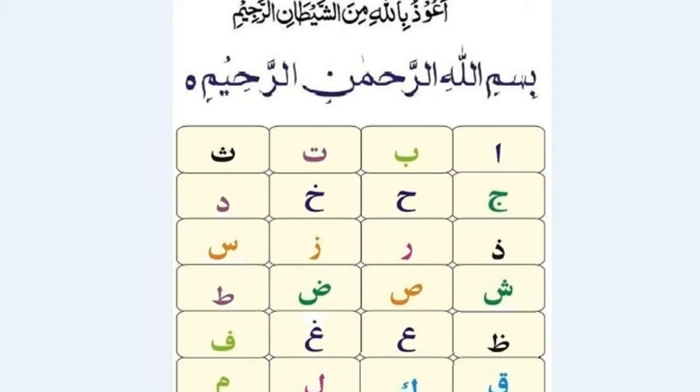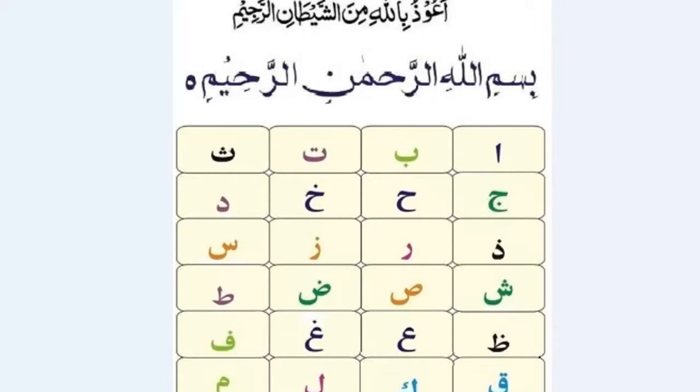This is our first lesson of our basics. In this lesson, we learn tajweed and we learn the alphabet of the Arabic language and how we read in the correct way. According to Allah, فَإِذَا قَرَأْتَ الْقُرْآنَ فَاسْتَعِذْ بِاللَّهِ مِنَ الشَّيْطَانِ الرَّجِيمِ. Surah Nahl verse 98. Meaning, when you want to recite the Holy Quran, seek refuge with Allah from Shaitan.